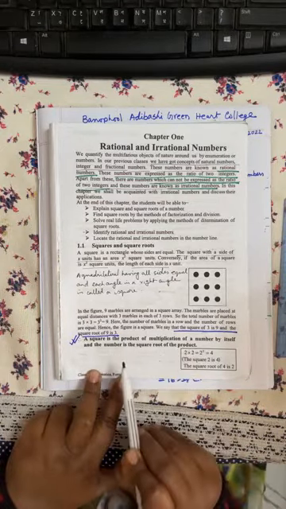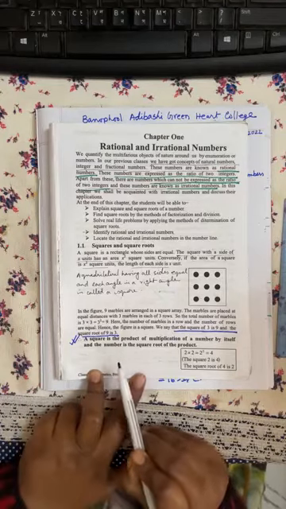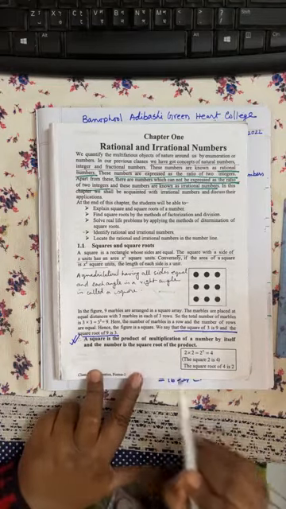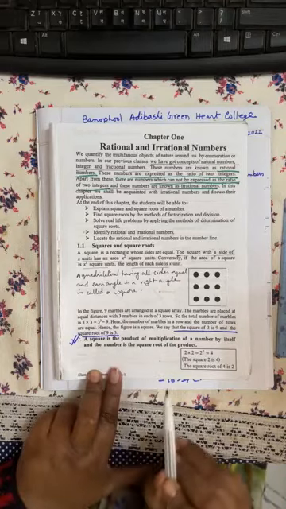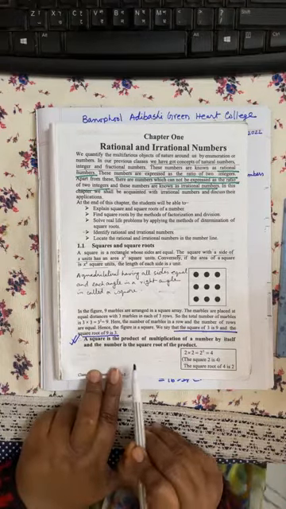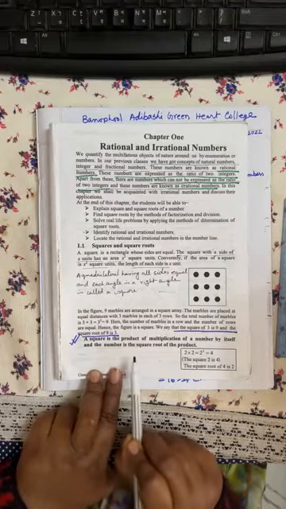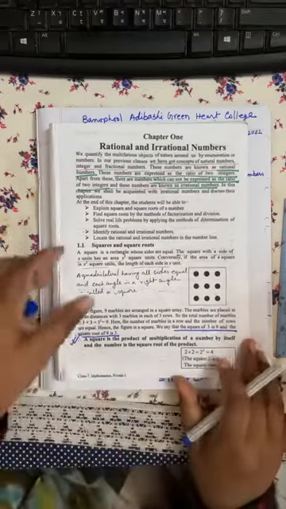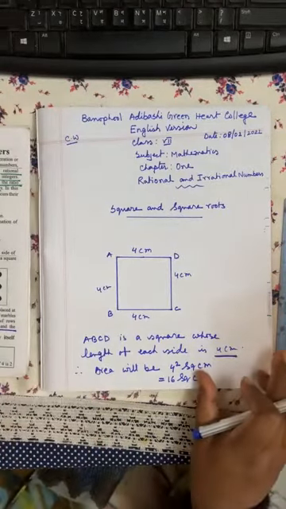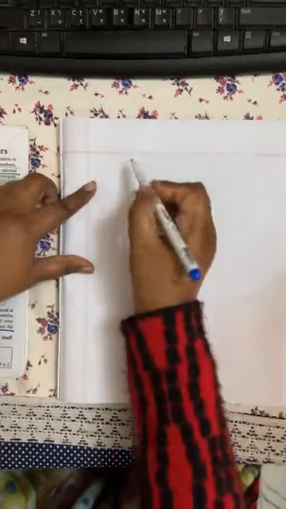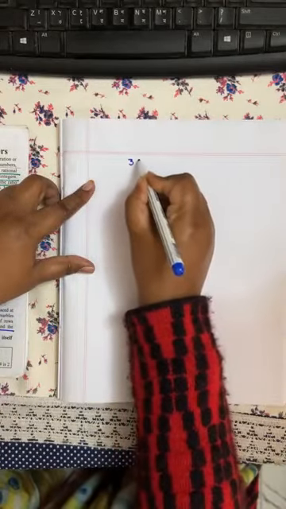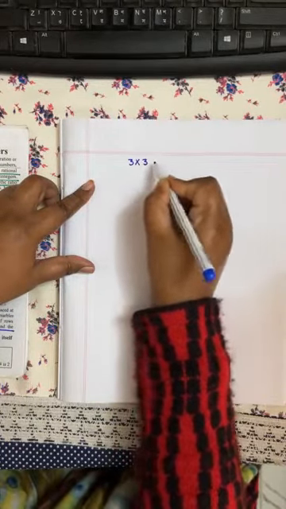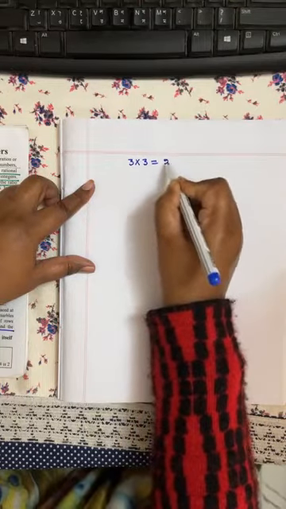এবং যে সংখ্যা মাল্টিপ্লাই করা হচ্ছে, that is একটি সংখ্যা যখন আরেকটি সংখ্যা দ্বারা মাল্টিপ্লাই করা হবে তখন ওই সংখ্যাটিকে বলা হবে স্কয়ার রুট অফ দ্য প্রোডাক্ট, সেই প্রোডাক্টের স্কয়ার রুট। তাহলে দেখো আমি বুঝিয়ে বলছি। See here, একটি সংখ্যা that is 3 is multiplied by 3, that is itself, equal to 9,